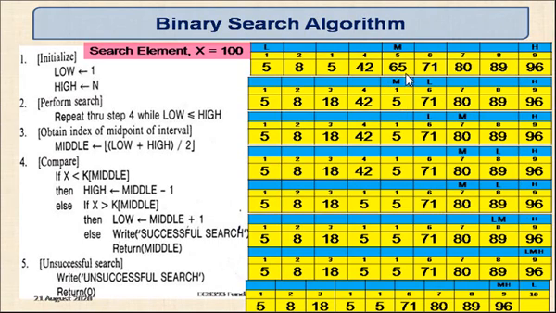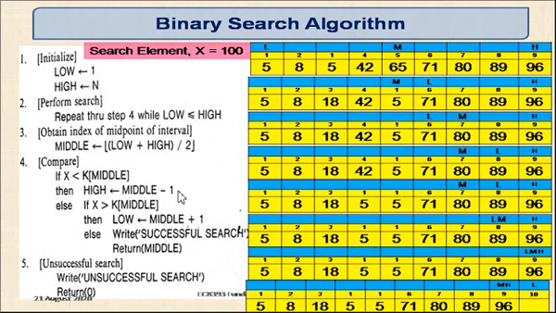So in this case, the value 100 is greater than the middle value 65. So the left hand side list can be discarded. Hereafter the new effective list is going to be from location 6 to 9. And it continues. Now it checks L is 6, H is 9, condition satisfies, L is less than H. So it will find the new middle value. 6 plus 9 is 15, divided by 2, integer part only, 7. So in the 7th location, the middle pointer is placed.